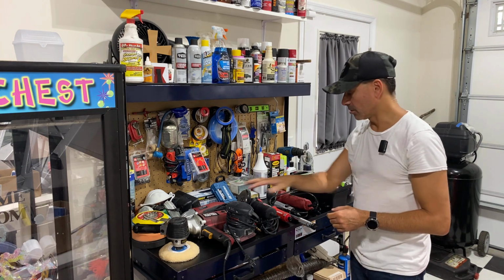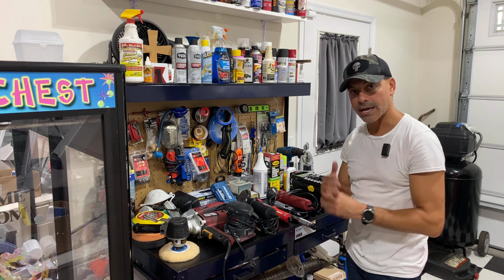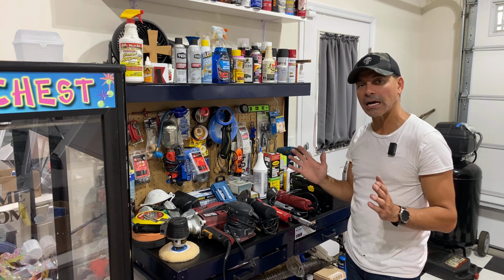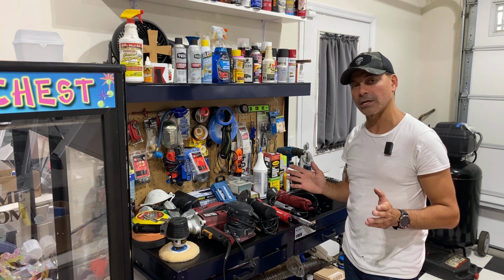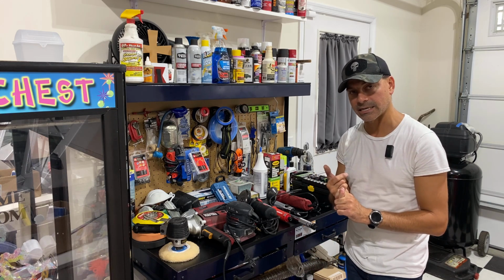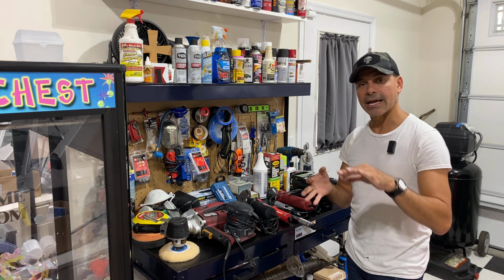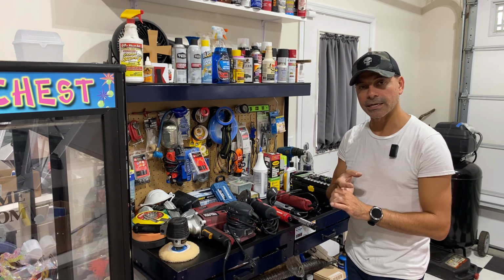And this is just taking a look at these few items right here. I've got a ton of stuff under this workbench here. And for the most part, I would say 95 to 98% of it I purchased at Harbor Freight. Even some of their toolkits, like the tap and die cutting set, which I have. And then I also have the bearing press. I have the fuel line